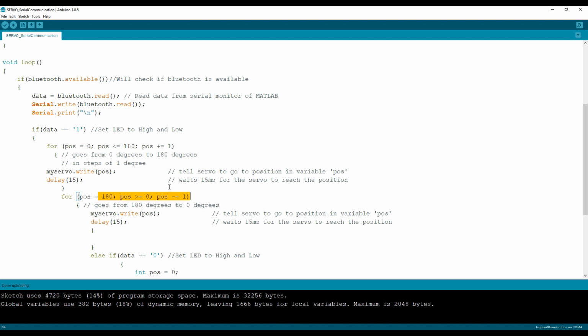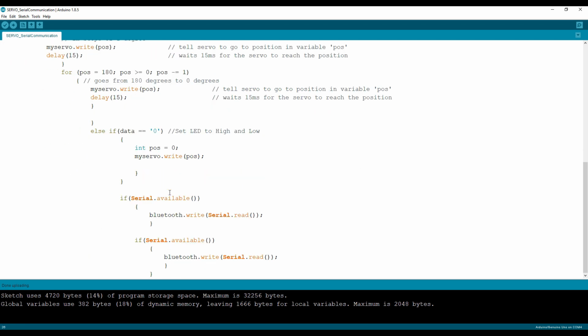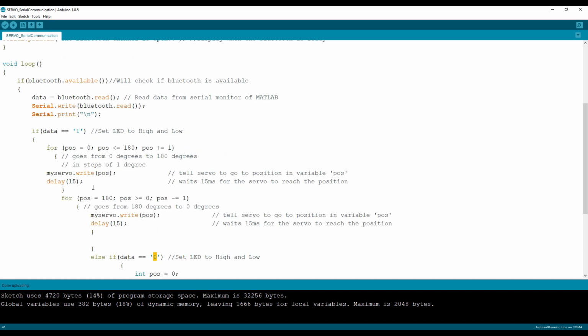It would basically be some kind of a wiper application, you can say. It will go in one direction, and at the end of 180 degrees it will revert back, it will start coming towards the 0 degree position. So this is what we are going to do when the data is 1, and when the data is 0, that's again simple. We are going to bring it back to position number 0 wherever it is. So the process will stop when we send 0 and the process will start when we send 1. That's the only difference which we are going to make, and I'm just uploading this code.